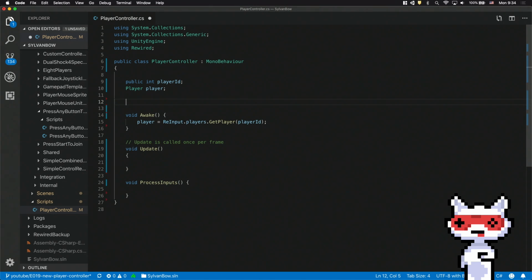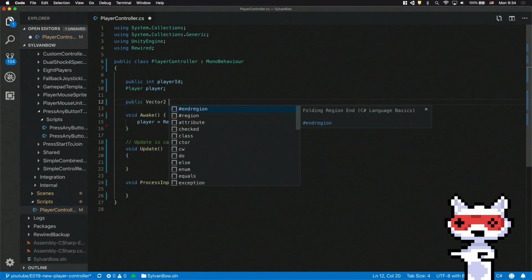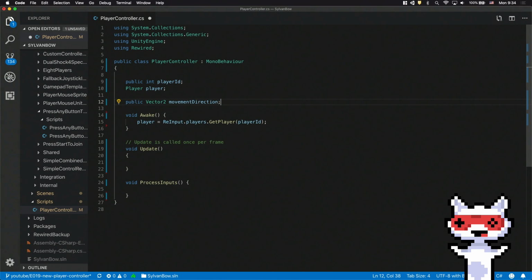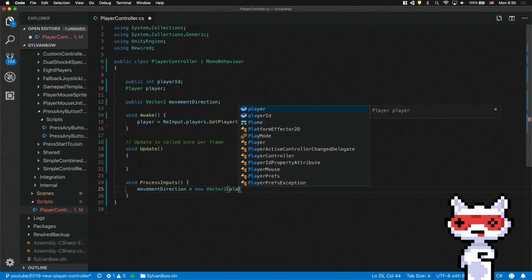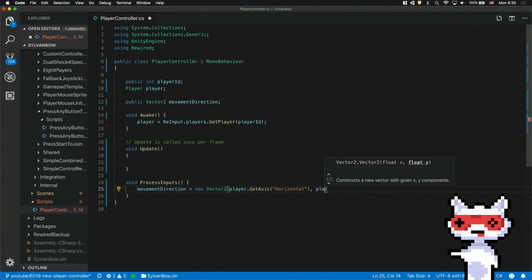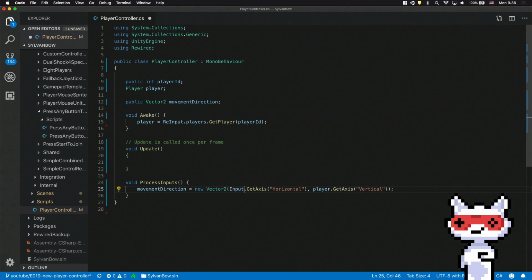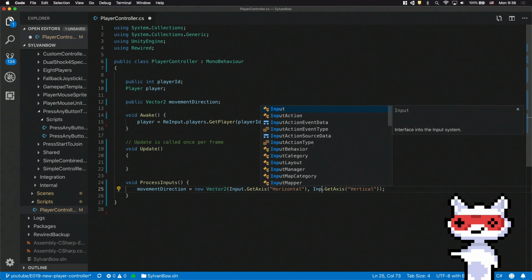The first thing we need is a movement direction vector. Let's declare it globally so we can access it later from other functions too, and also as public to see it in the inspector to make sure it works properly. Because the game is 2D and we don't need the z-axis, we can declare it as Vector2. Now we have to assign a value to it based on the player's inputs. Let's assign to it a new Vector2 with player.GetAxis("Horizontal") and player.GetAxis("Vertical") as its x and y coordinates. If you are using Unity's built-in input system, then yours should be Input.GetAxis("Horizontal") and Input.GetAxis("Vertical").